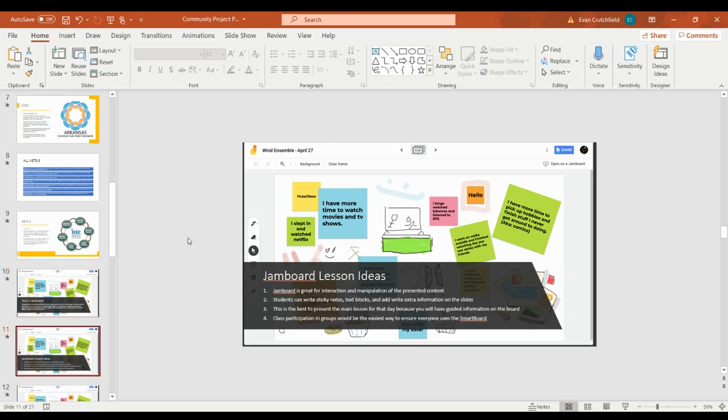So the idea for Jamboard was, I thought that Jamboard was great for interaction and manipulation of the presented content. Students can write sticky notes, text blocks, and write extra information